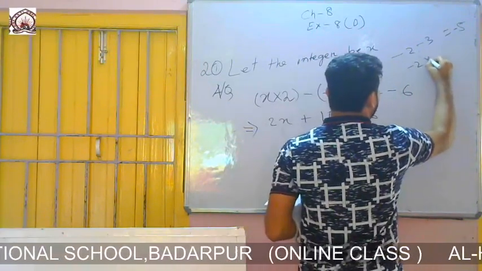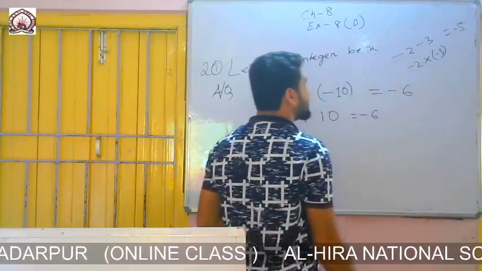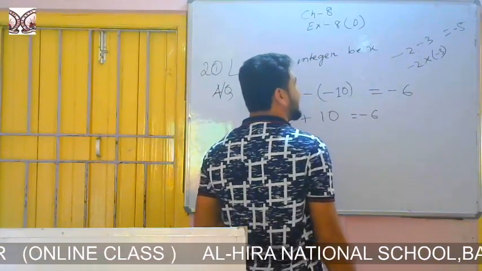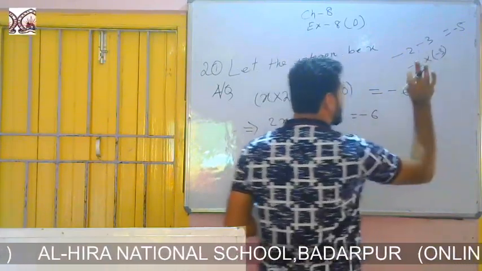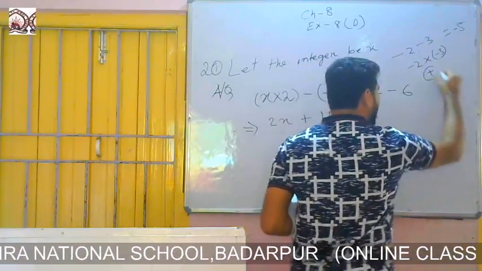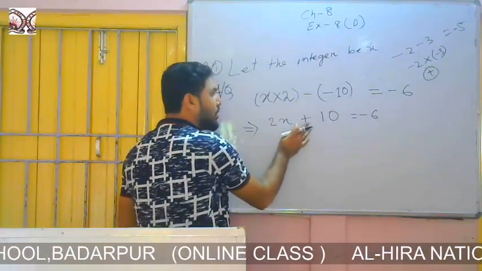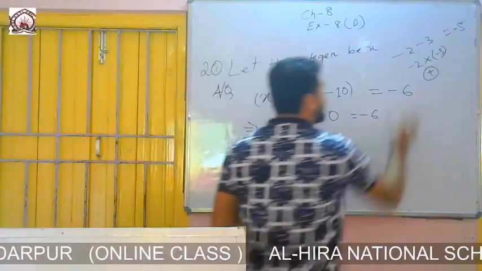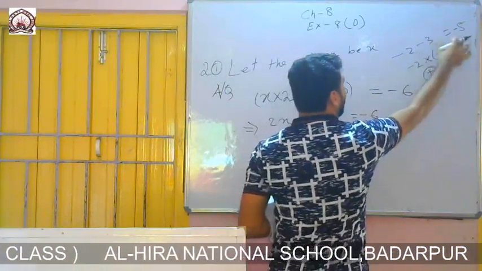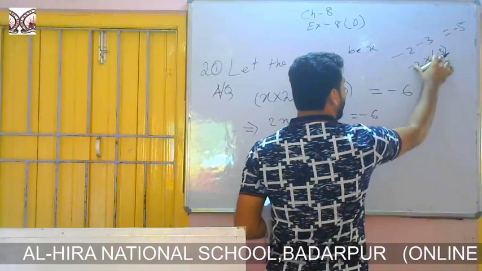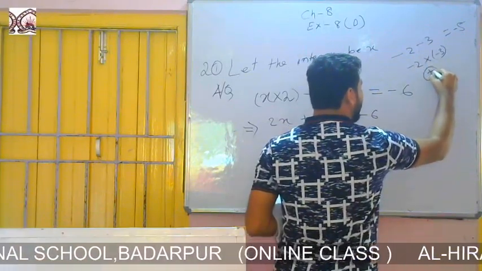If I say minus 2 into minus 3, okay, that means at the time of multiplication, here what? Minus minus means plus, so I have to put plus, isn't it? If we write in the middle of the sentence, then we have to write plus. But in case of this one, we don't write, rather we add the two numbers. But here minus minus plus, in case of multiplication, then directly we write minus minus plus.